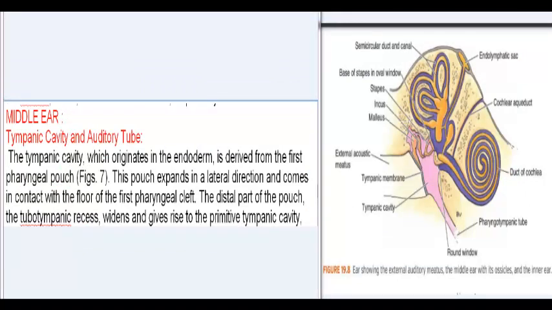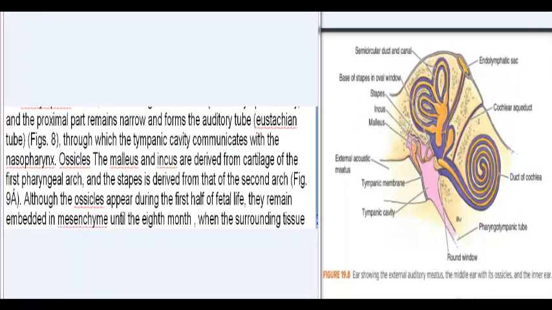Middle ear, tympanic cavity and auditory tube. The tympanic cavity, which originates in the endoderm, is derived from the first pharyngeal pouch, Fig. 7. This pouch expands in a lateral direction and comes in contact with the floor of the first pharyngeal cleft. The distal part of the pouch, the tubotympanic recess, widens and gives rise to the primitive tympanic cavity, and the proximal part remains narrow and forms the auditory tube, eustachian tube, Fig. 8, through which the tympanic cavity communicates with